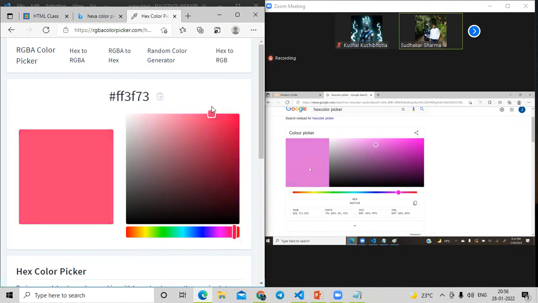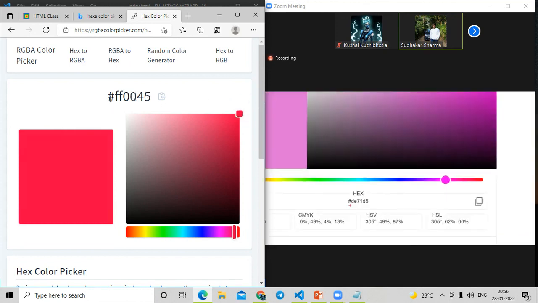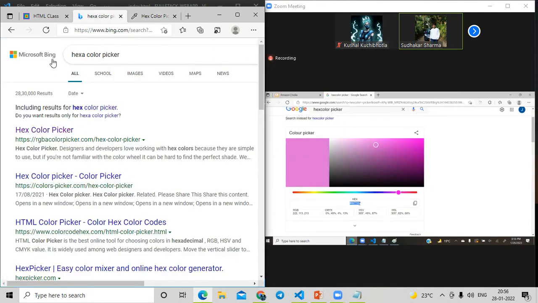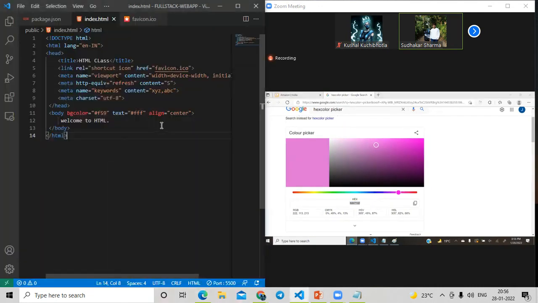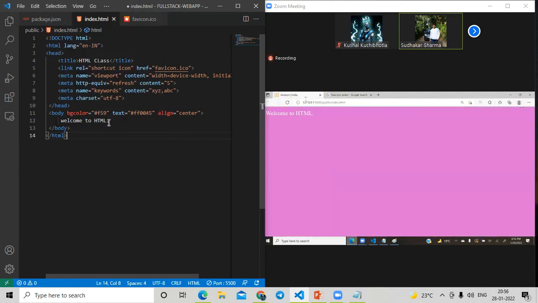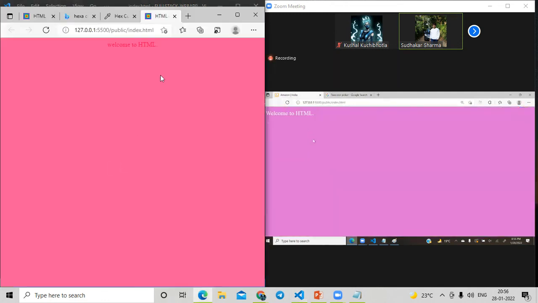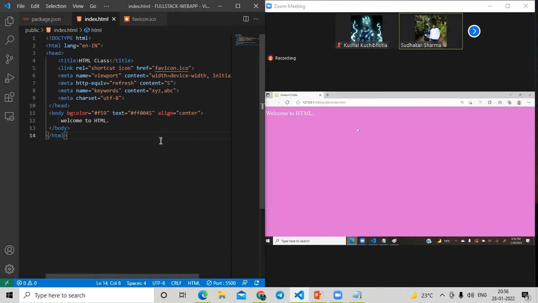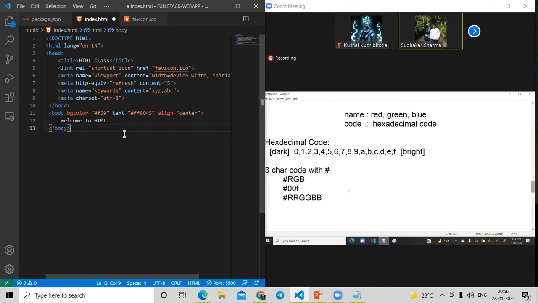And after mixing it, you can see the color code is given here, right? Color code is given here. What you have to do is just copy the color code and paste it here. So you just paste that color code given there, and automatically it will apply that to our page also. That's the hexa mixers. Online, so many will be there, you can use them, right? That is how we can define the colors.